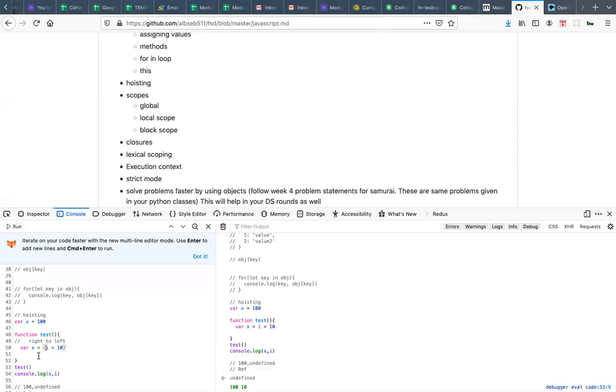So we know that if you don't define i inside the function, it takes global scope. It defines var i here, due to hoisting, it will define var i here, right? And actually that's not because of hoisting, I would say, but it defines i in the global space. It looks for the variable i in the parent scope. It doesn't find it, so it declares it in the parent scope. So this is as if